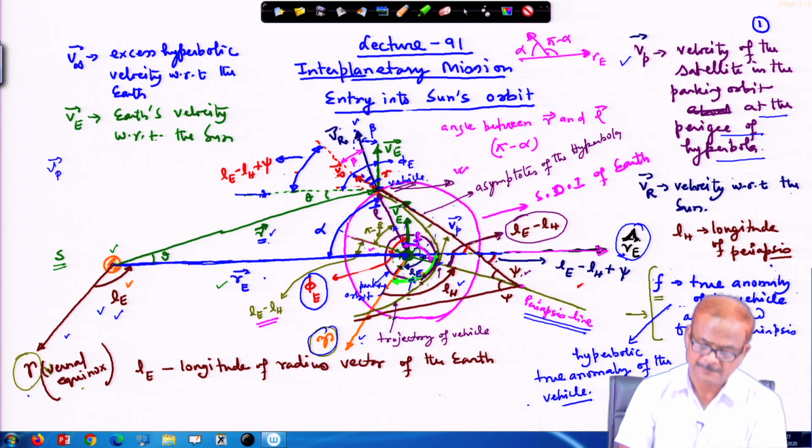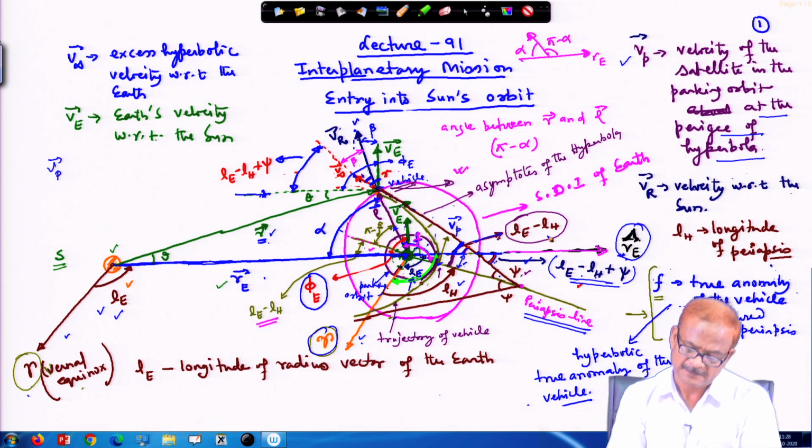This is LE. So, immediately you can see that this angle will be LE minus LH, and therefore, this being the external angle, this becomes LE minus LH plus psi. The psi plus this angle added together becomes LE minus LH plus psi. So, the opposite angle here in this place, as shown by this particular segment, the angle here, this is LE minus